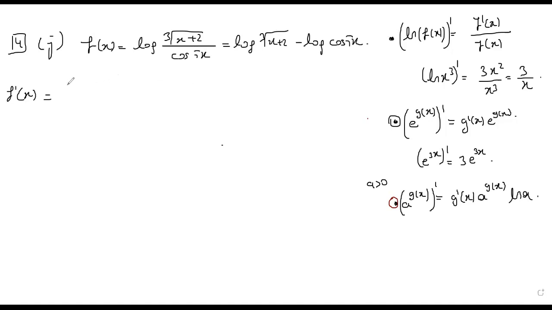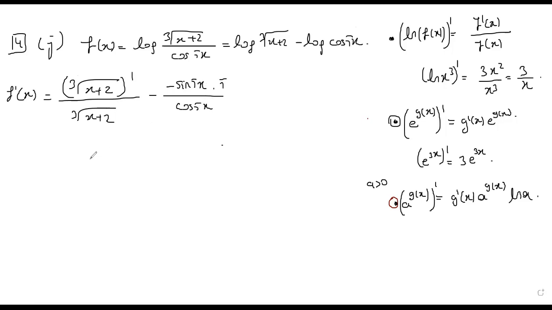Okay, so the first one's derivative over the same function minus this one's derivative. So what's the derivative of cosine 5x? It's minus sine 5x times 5. This one's derivative is 5 over cosine 5x. What do we get here? You know, you can write this